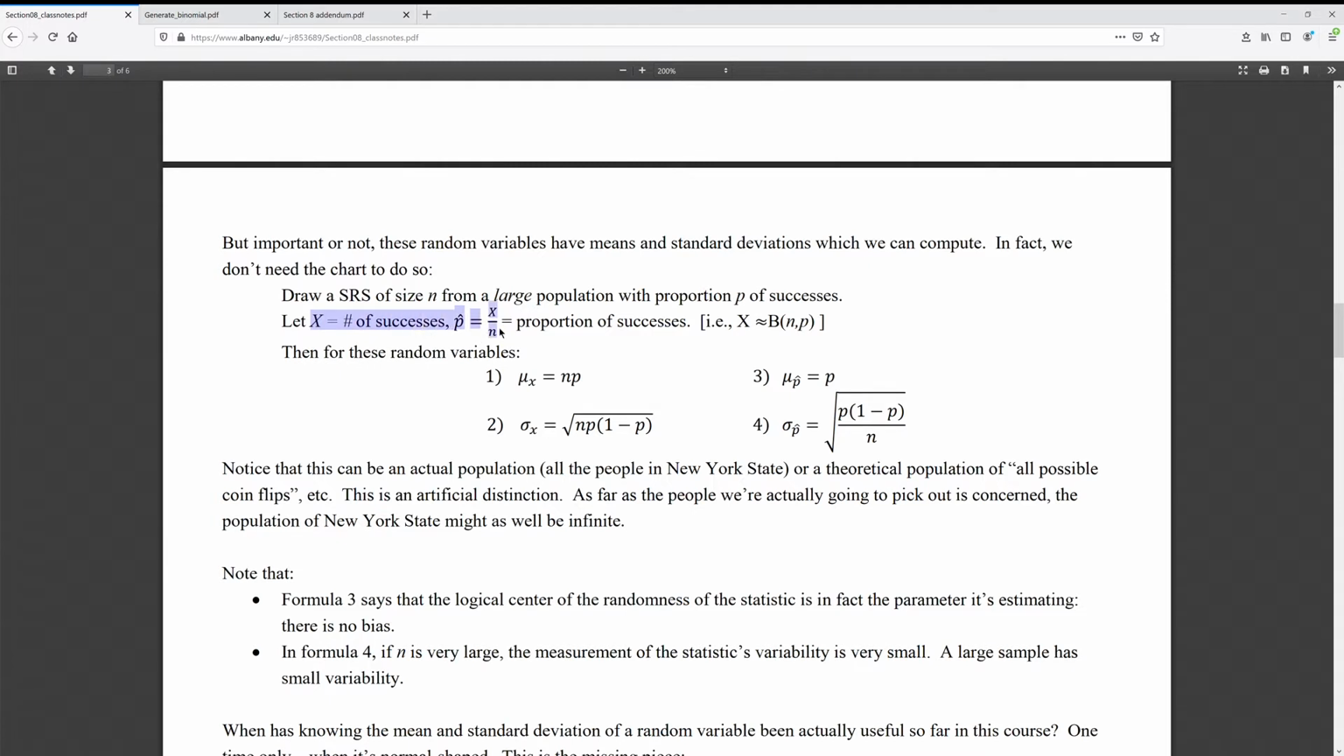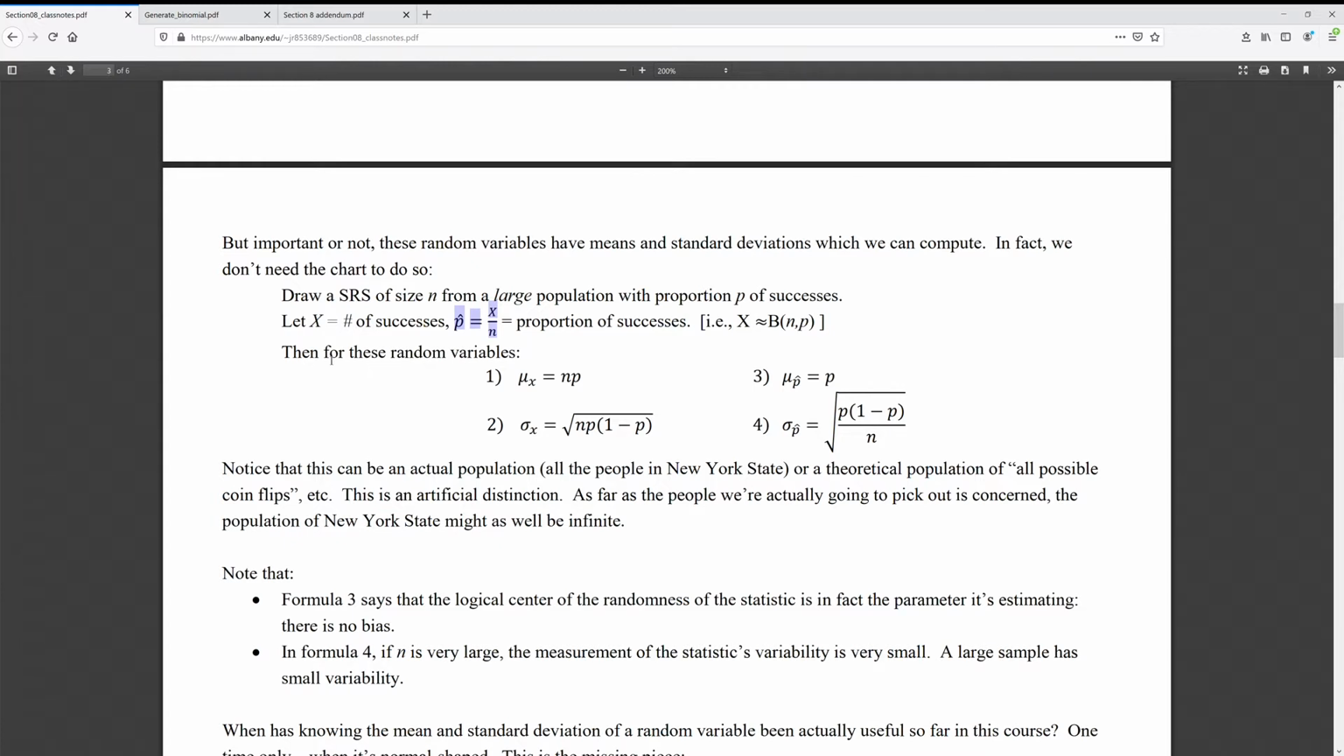X can be 0 or 1 or 2 or 3 or 4 or up to n. P hat can be 0 over n or 1 over n or 2 over n or n over n. So X can be however many things between 0 and n. P hat can be lots of things between 0 and 1. And for a large sample, it's effectively anything between them. But large or not, whether it's a sample of size 2 or a sample of size 2 million, we've got